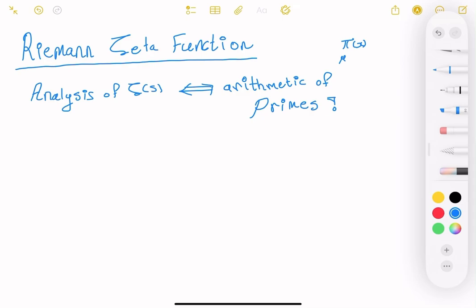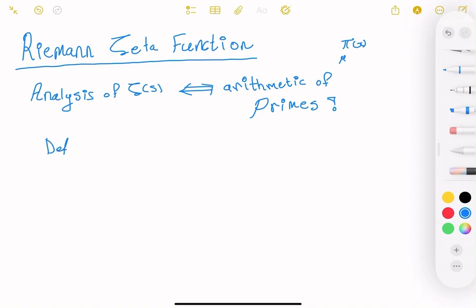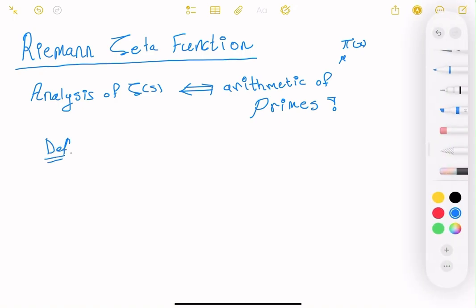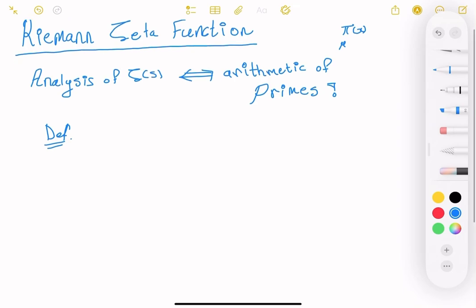So we're gonna begin with the definition, I guess. So let's begin with that. So let me remind you. So here's a definition. So the hope is that by the end of this video, you're gonna get a glimpse of this connection between zeta and prime numbers. But we're gonna be talking more about this when we get to the prime number theorem and other theorems of this kind. Okay, so